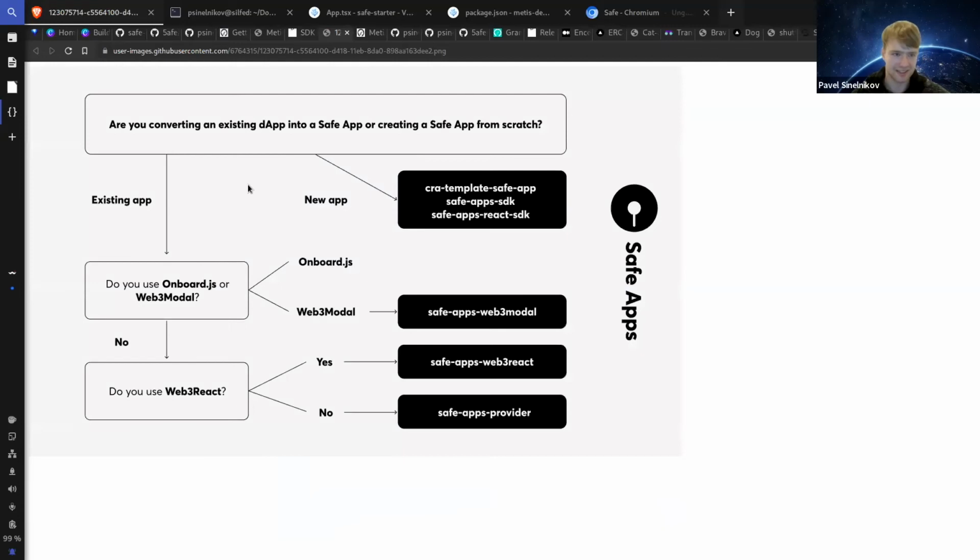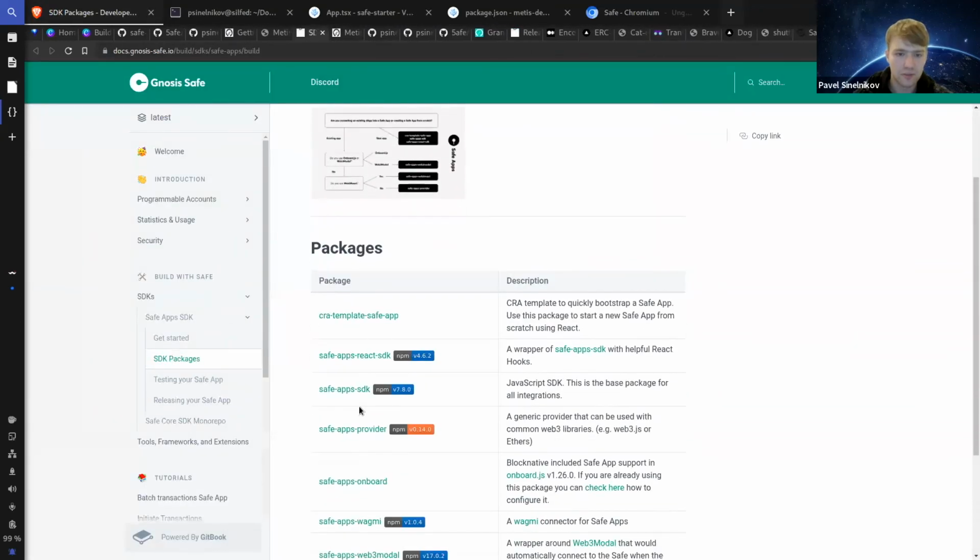So you can of course consult this to make sure that you're using the correct version. If you're creating an entirely brand new application, here's what you'll use. If you're trying to port an existing application, you'd use a different type of library. But they all use very similar